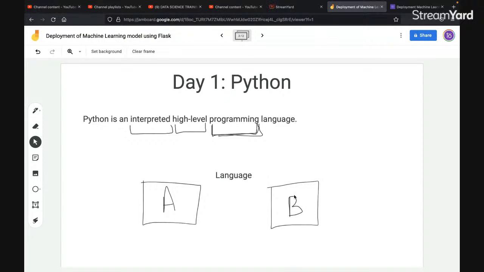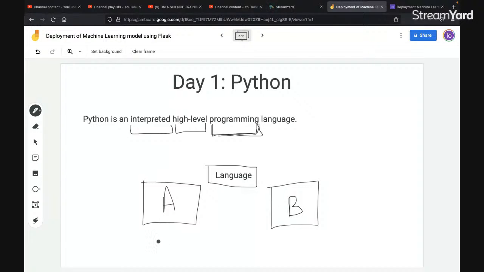If you don't understand the language that I am speaking, it will be very difficult for you to understand this. Let's suppose I am speaking German and you guys don't know German. It will be very difficult for you to understand what exactly I'm explaining. So a language is a medium that helps us to communicate with each other. In real life, we call this a language where a human and human communicate.